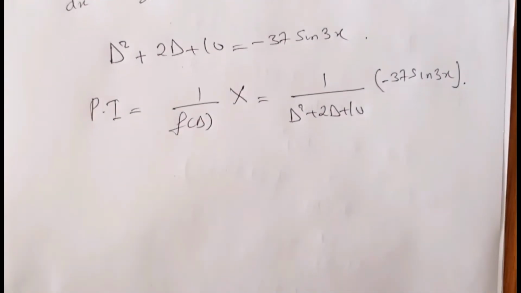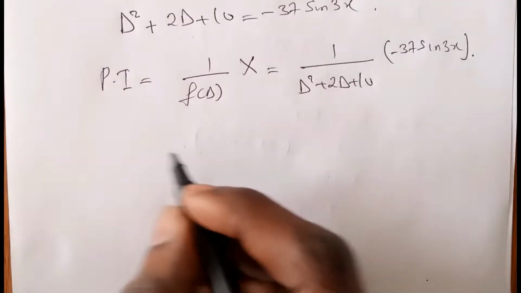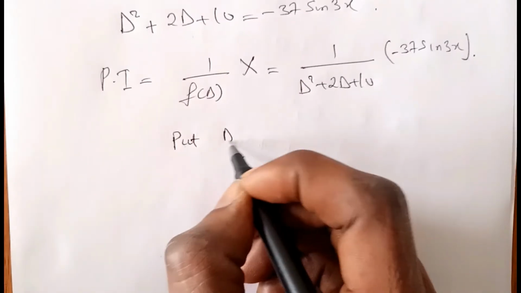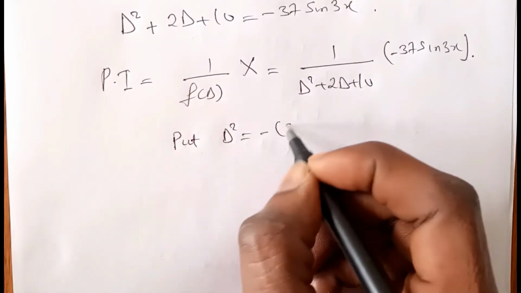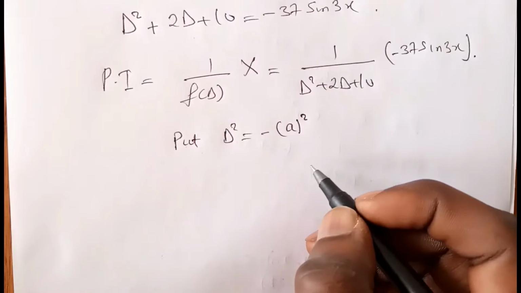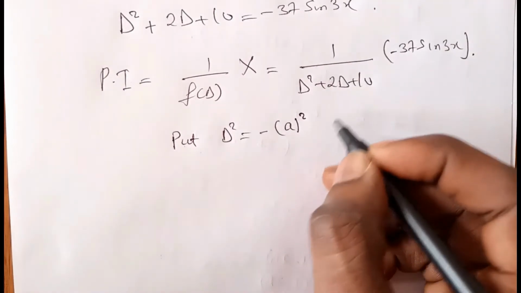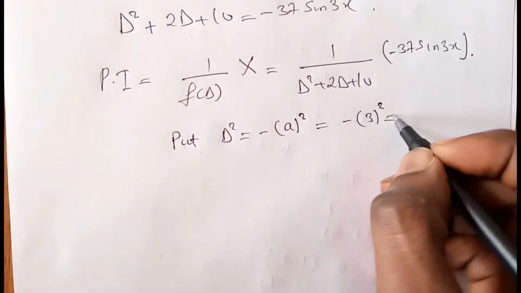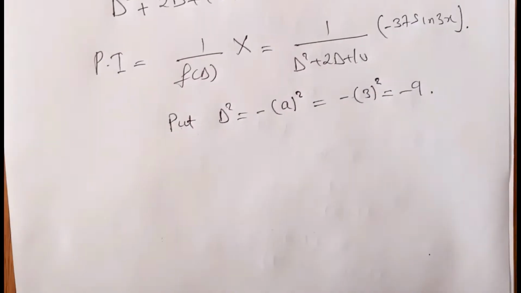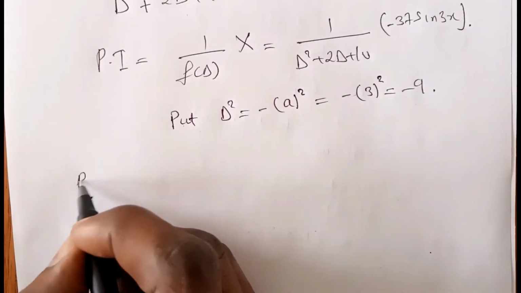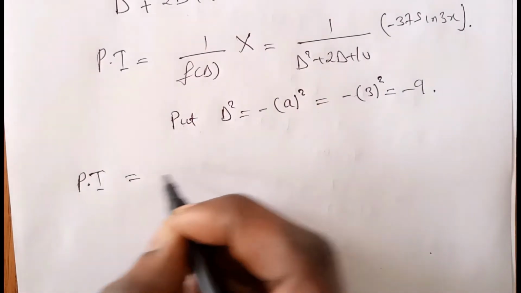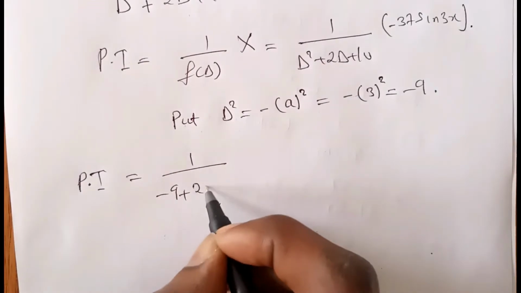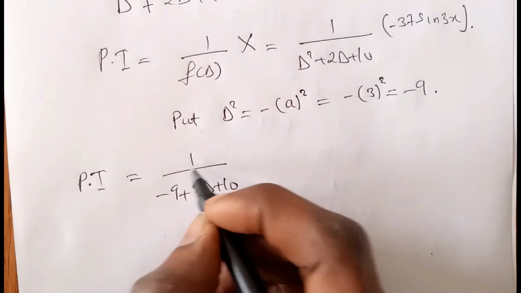So by virtue of rule number 2 for trig, we substitute D squared to be equal to minus a squared, not a all squared, and this is the same thing as minus 3 squared, which is minus 9. So substituting that, the particular integral will be 1 all over minus 9 plus 2D plus 10,